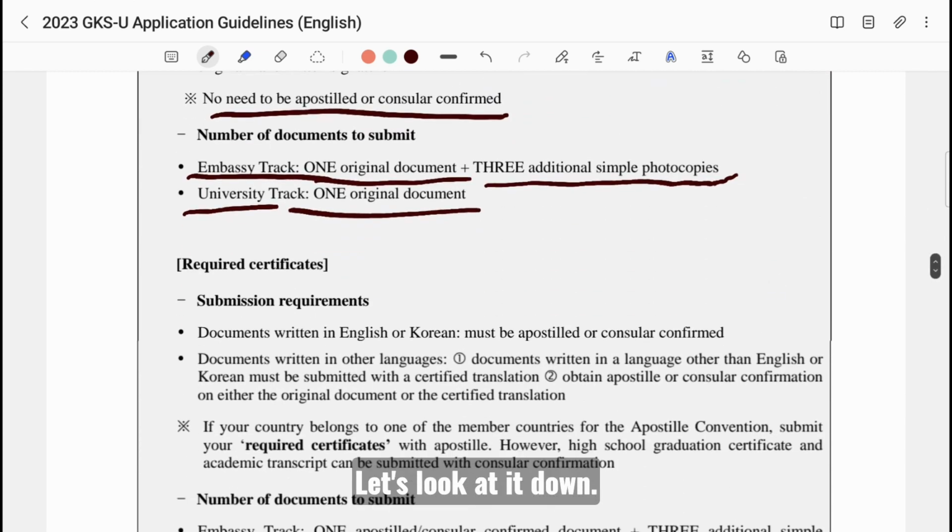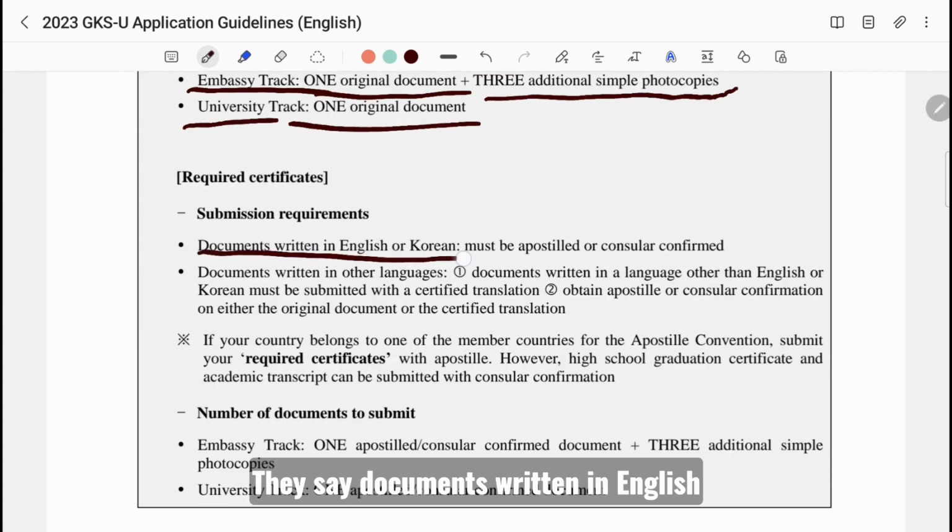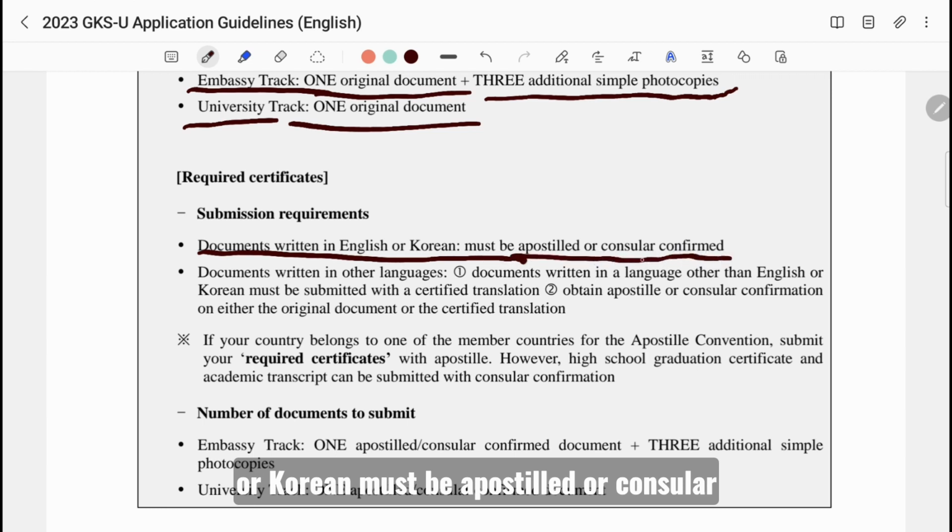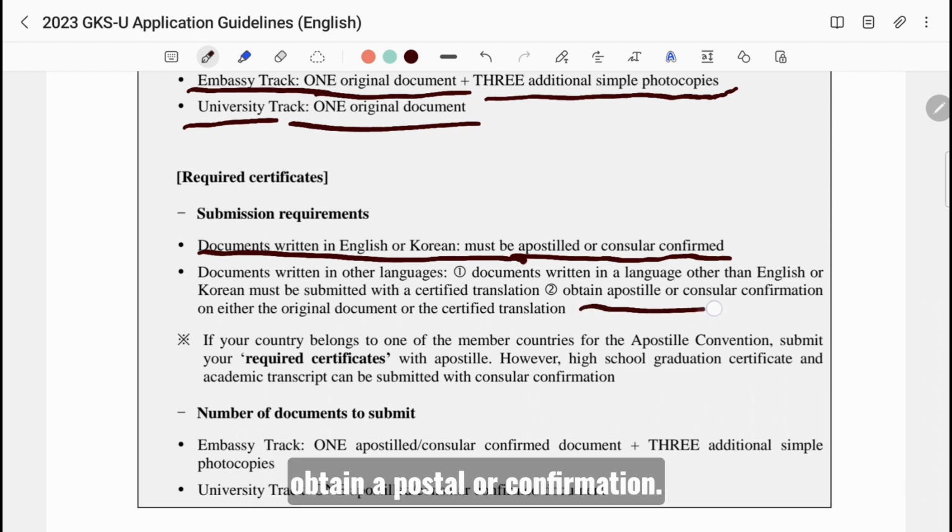Let's look at it down here. They say documents written in English or Korean must be apostilled or consular confirmed. Documents written in a language other than English or Korean must be submitted in a certified translation. Obtain apostille or confirmation from the consular office.